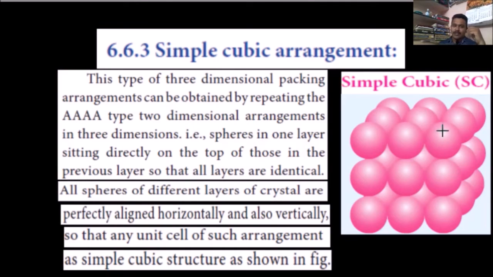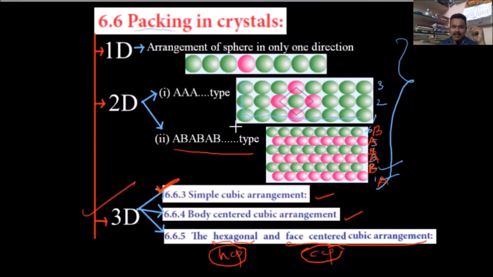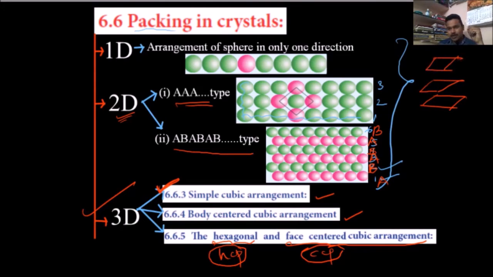So this type of AAA layer we already studied. See here, you studied the AAA type in two dimensions only. When you are talking about one row, all are identical with each other. This is the row, no, this is the layer, this is one layer. Two dimension means one layer, and like that the second layer will be there, after that the third layer will be there.